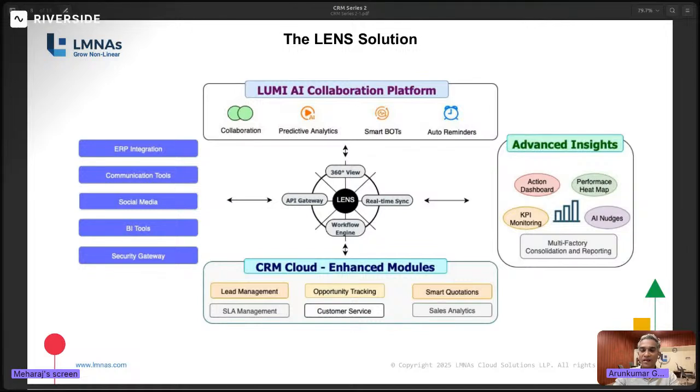Send to Lens, then it will automatically come and sit as a lead. Or you have gone to a trade show, trade fair, and then you have uploaded all the information in your Excel and put it in a folder. Lens can automatically pick that and update in the system and so on and so forth, right? So that way your data can come centrally into system, and with that you can get a single view of your data, right? Yeah. So hope I answered the question.